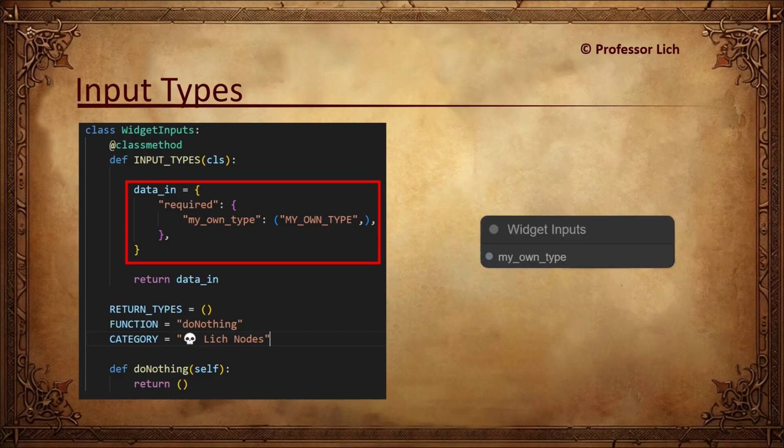Key value pair inside our dictionary are string and tuple, with a string inside it. So when Comfy reads the string inside tuple, its user interface is programmed to enforce alignment when making node connections. I'm using big words here, but you know this from experience. You cannot connect VAE output to conditioning input, right? In our case here, end user is prevented from connecting this input to a node unless that output matches my own type exactly. I did not explicitly say any of this in previous lecture, but hopefully you would have discovered this as you did your assignment.